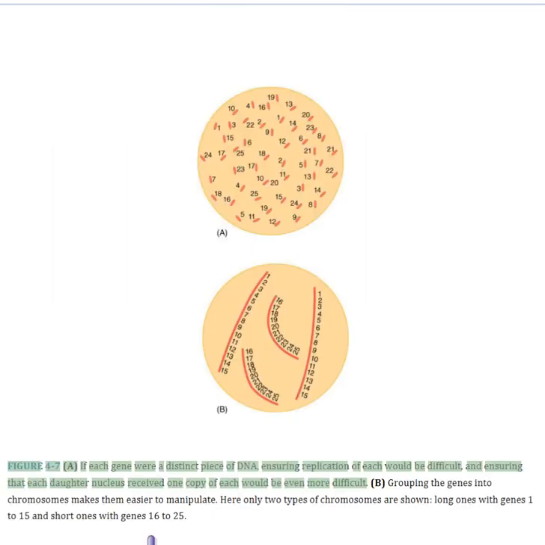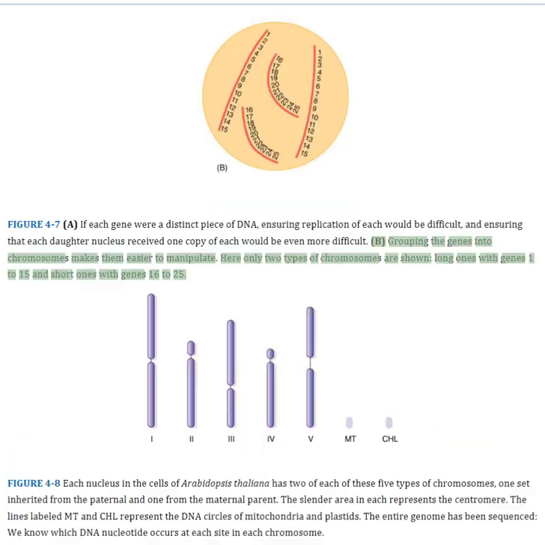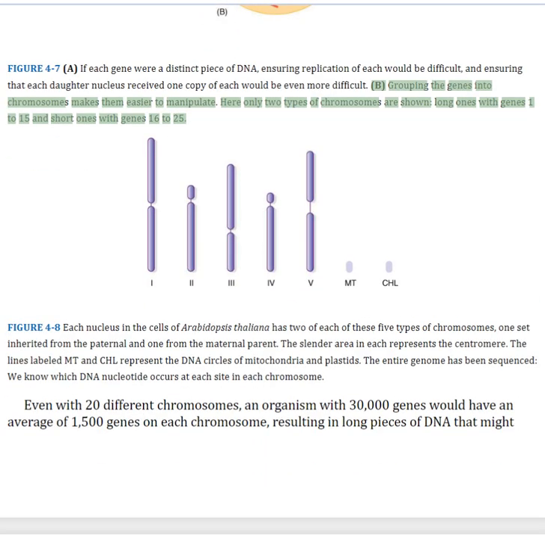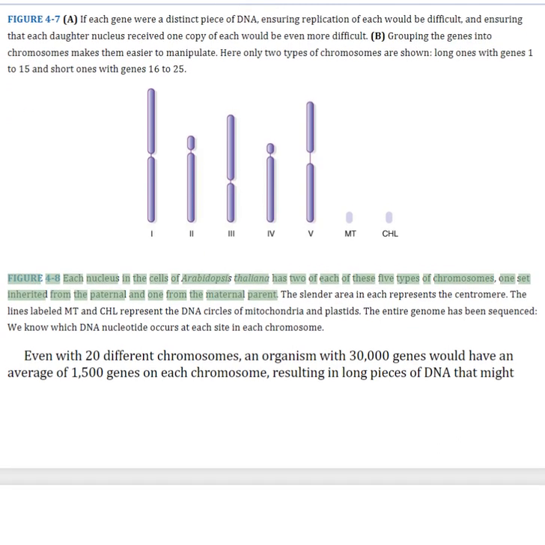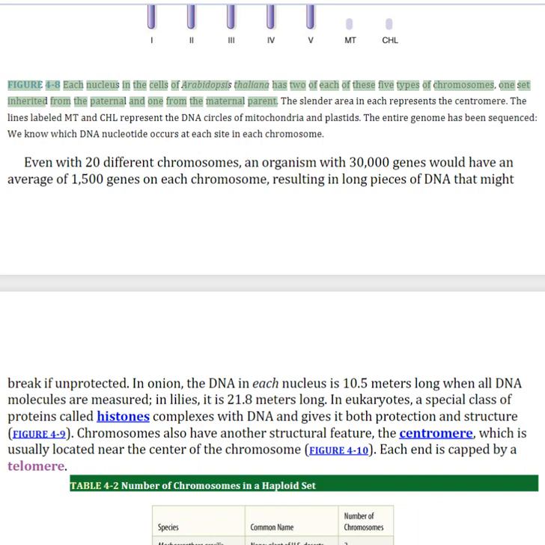Figure 4.7 If each gene were a distinct piece of DNA, ensuring replication of each would be difficult, and ensuring that each daughter nucleus received one copy of each would be even more difficult. Grouping the genes into chromosomes makes them easier to manipulate. Here only 2 types of chromosomes are shown, long ones with genes 1 to 15 and short ones with genes 16 to 25. Figure 4.8 Each nucleus in the cells of Arabidopsis thaliana has 2 of each of these 5